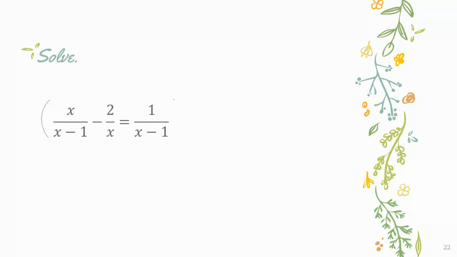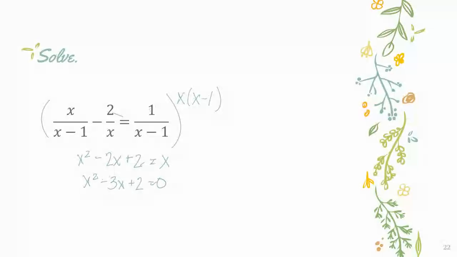This time, we're going to multiply by a common denominator, which is going to be x minus 1, okay? Let's just multiply that out. On the first fraction, I'm going to multiply x by x, which is x squared. On the second, I'm going to multiply 2, sorry, times x minus 1, which is 2x minus 2, but because I'm subtracting, it becomes plus 2. And then on the last fraction, I'm going to multiply 1 times x, which is x. I am going to make this equal to 0